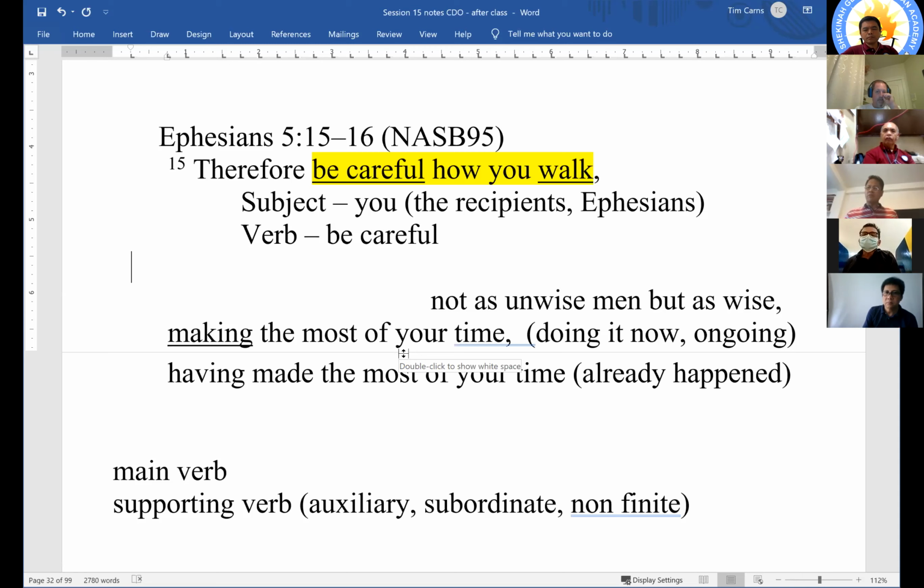Okay? So this is why it's very important you identify participles, because they will support or explain the main verb. Okay? Pastor Tim? Yes. As you pointed out a while back in Matthew 28,